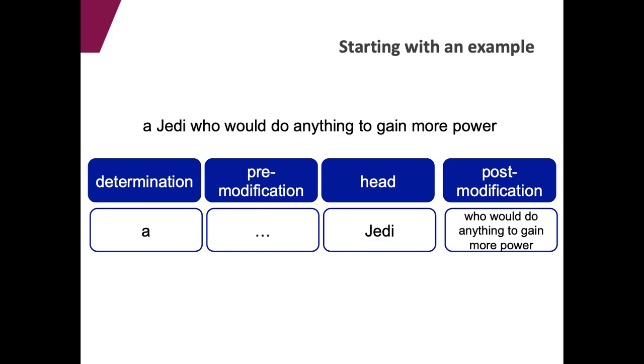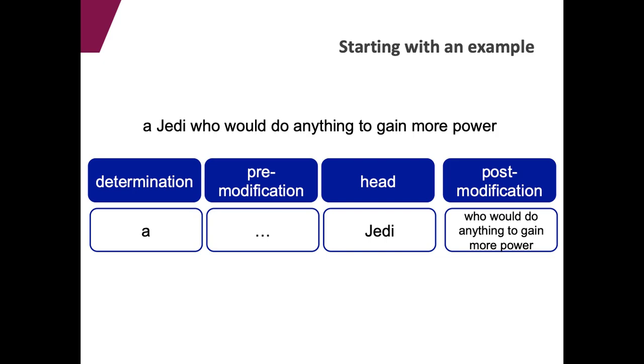There is no question, it would not make sense to say a Jedi who would do anything and then a Jedi to gain more power. So you understand that to gain more power is the end of the same post-modification, really. There's only one post-modification. Okay, so now if we want to complete the noun phrase structure, there is a line missing,